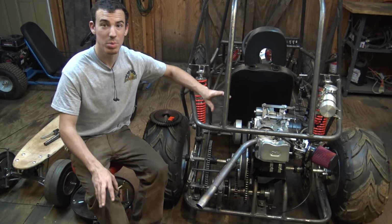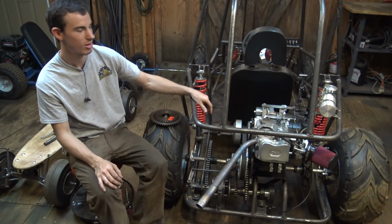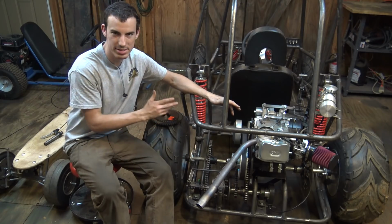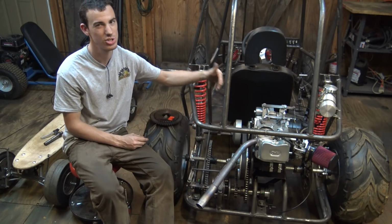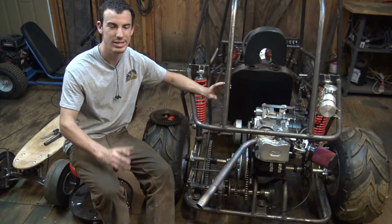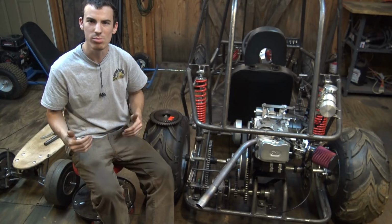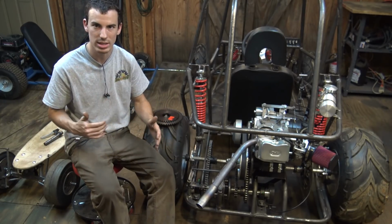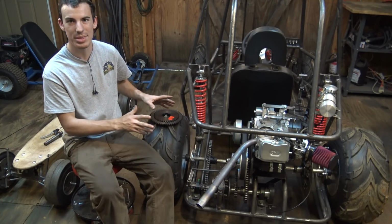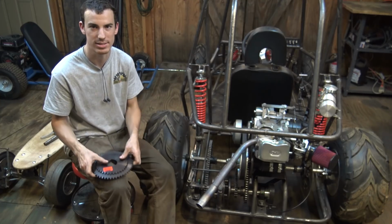Alright, so today we're doing part 6 of the 2-speed fully suspension off-road go-kart. Now, I know you guys are really anxious to see what second gear is like, but instead of showing you what it's like, I'm just going to tell you what it's like. Second gear is way too fast, first gear is way too slow. There's too much of a gearing difference between the two to easily shift in between gears. So we need to play around with the gearing, and I have a plan on how to hopefully fix the